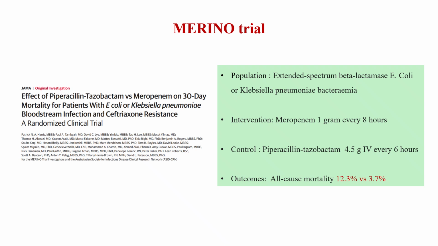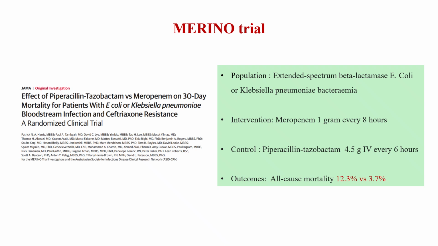So the trial is the MERINO trial, which compared piperacillin-tazobactam with meropenem head to head. Here piperacillin-tazobactam was given at the dose of 4.5 grams every 6th hourly. It is a little bit higher dose than what we sometimes used to give. At least 4.5 Q8 hourly is not rare. Many of the times that's what we give. So 4.5 6th hourly piperacillin-tazobactam was compared to meropenem 1 gram 8th hourly, and it was found that there is a very significant mortality difference